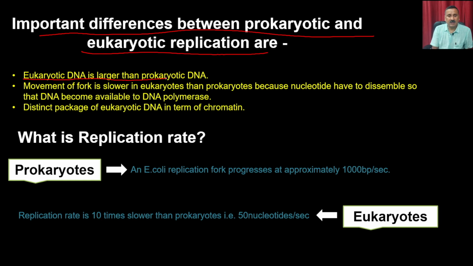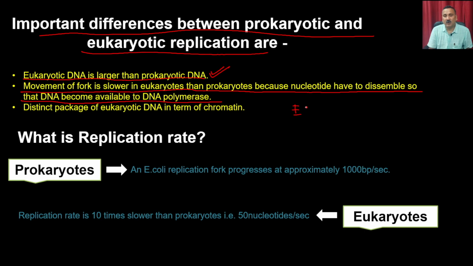Eukaryotic DNA is larger than prokaryotic DNA. That is a very important difference, because the purpose of replication is to duplicate the DNA, and if the amount of DNA is large, then it is going to require different machinery. The movement of the fork is slower in eukaryotes than prokaryotes, because the nucleosomes have to disassemble so that the DNA becomes available to the DNA polymerase. So, this means eukaryotic replication is going to be slower,